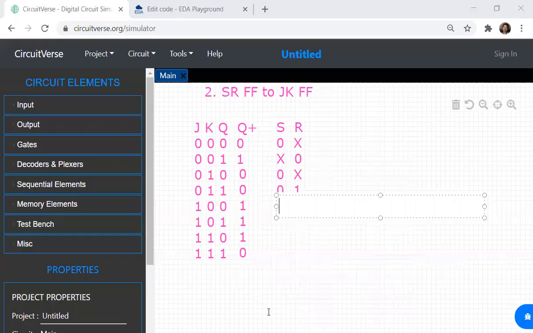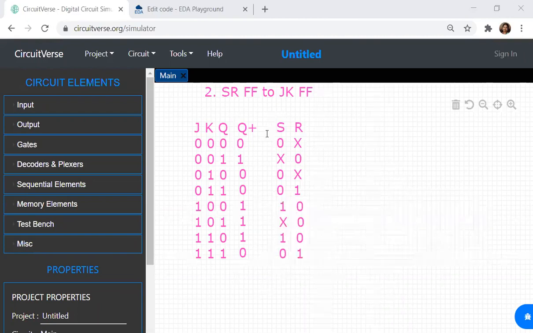Now next state is equal to 1. When both are different, since next state is equal to 1, my S is equal to 1 and my R is equal to 0. Again, now I got 1 and 1. What should I write? I should write X and 0. Next I'm getting 0 and 1, so I have different values. So this will be 1 and 0. The last one is 1 and 0. For 1 and 0, I should write 0 and 1.